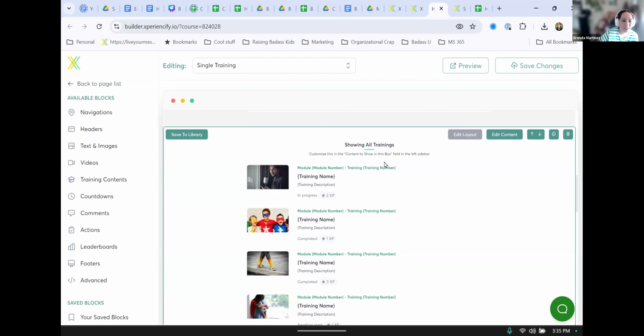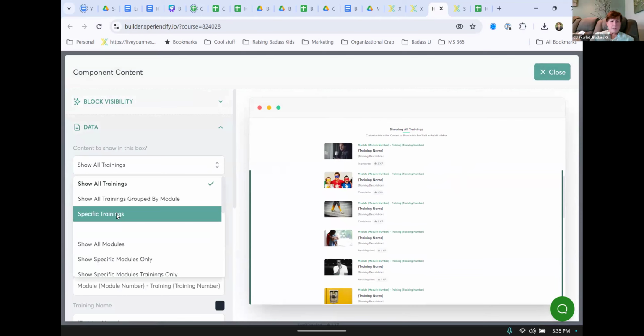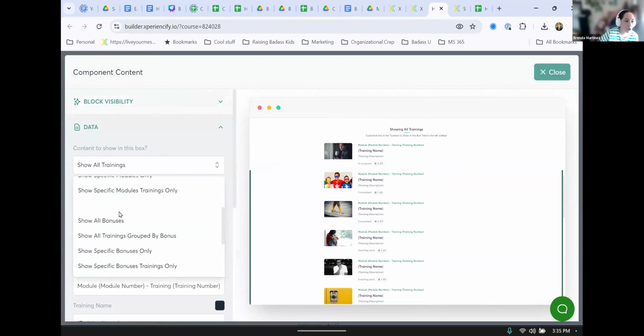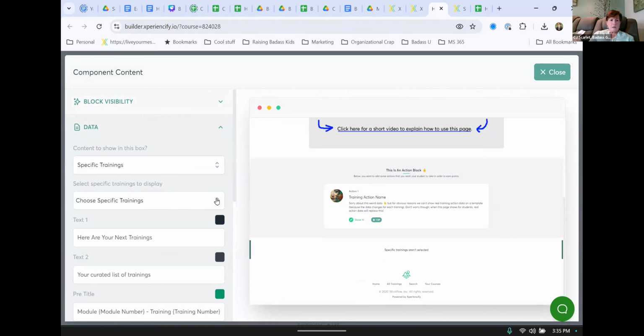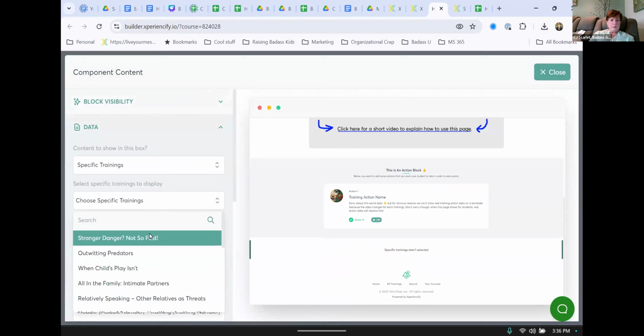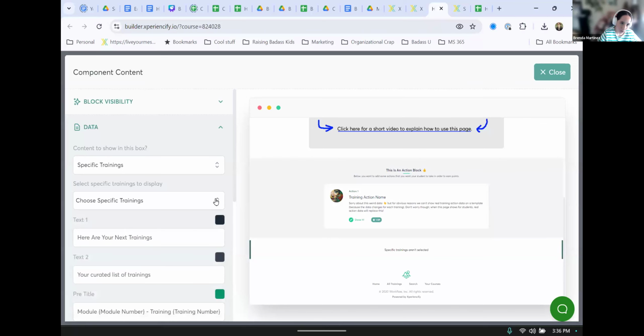So you have to click edit content. Block data. It says that it will show all the trainings, right? Okay, I can see what you're saying here. Show all trainings, show specific trainings. You want to keep everything about the trainings. Yes, specific trainings. But if I pick that, isn't that going to show every one of the trainings in there? I just want to show the next video. Oh, no, they need to complete the action before moving into the second training. Yes, what this does is that it